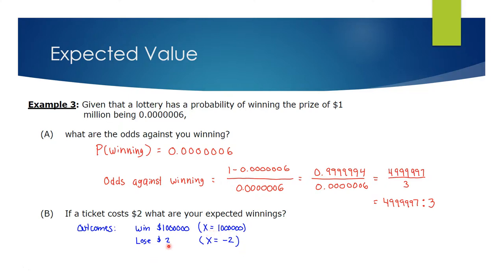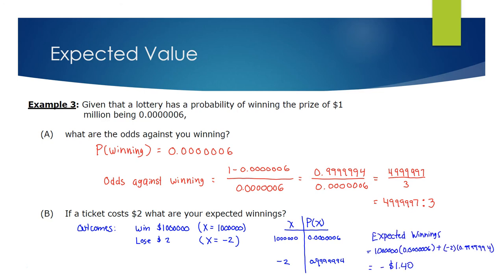Or I could lose $2, basically what I spent on the ticket, and that means that X would be negative 2. So those are my 2 outcomes. And my probabilities, which I talked about before, the probability of getting the $1 million is that. The probability of getting negative 2 is that. So when I look for my expected winnings, I'm going to multiply these 2 things together and then add the results. And what it comes down to is I get a negative $1.40,